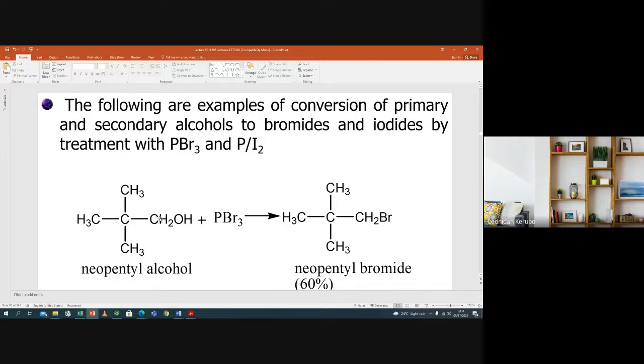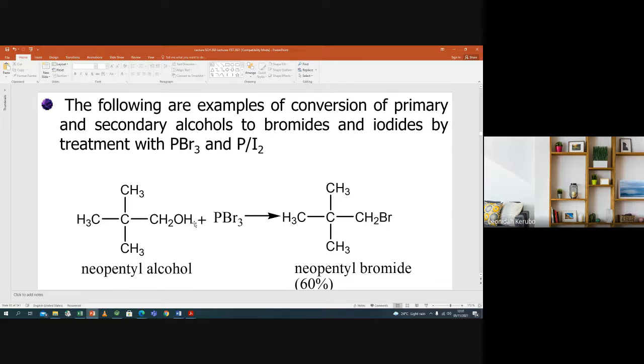But the reference point is the carbon which is bearing the hydroxyl group. How many other carbons is it attached to? In this case, it is bonded to 1 other carbon. So this is a primary alcohol. If it's bonded to 2 other carbons, it will be a secondary alcohol. If it's bonded to 3 other carbons, then it will be known as a tertiary alcohol. So this is a primary alcohol, and we've said usually primary and secondary alcohols react very well with